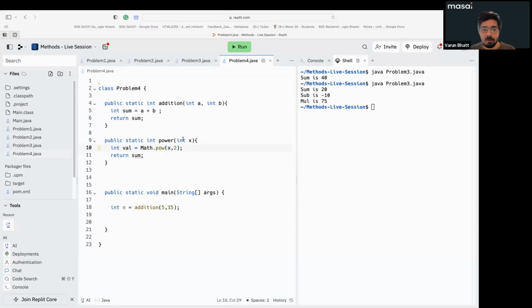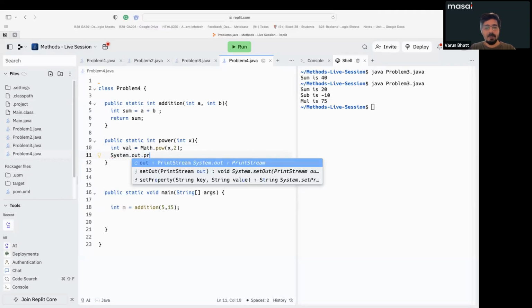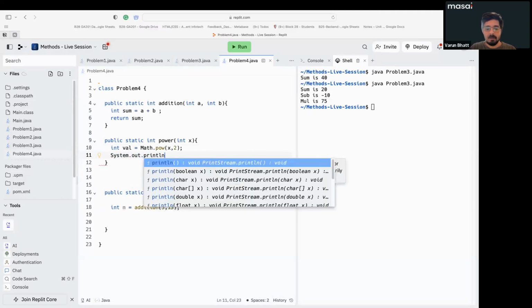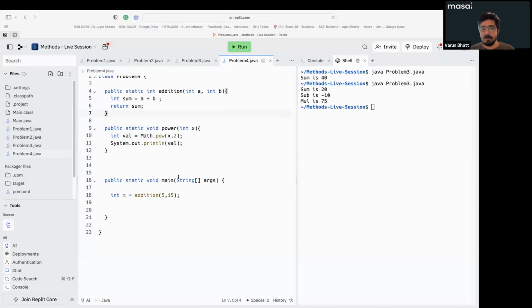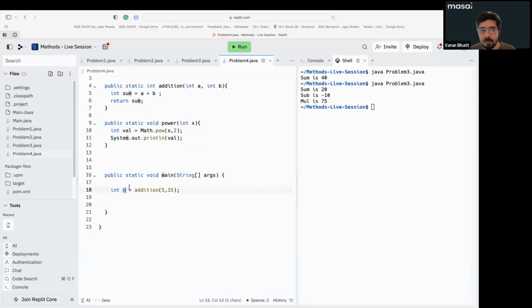So whatever x value comes here, it calculates the power of it. Now suppose I'm not returning anything, System.out.println, I'm just printing val. Here instead of int I need to write void because I'm not returning anything. So the value that came from 5 plus 15, that is 20,